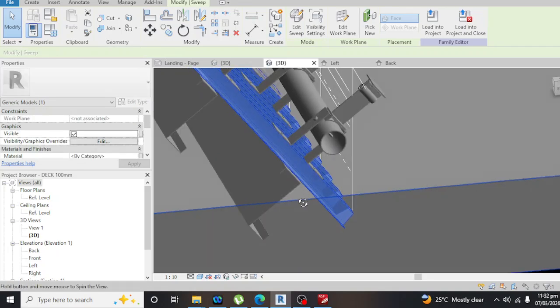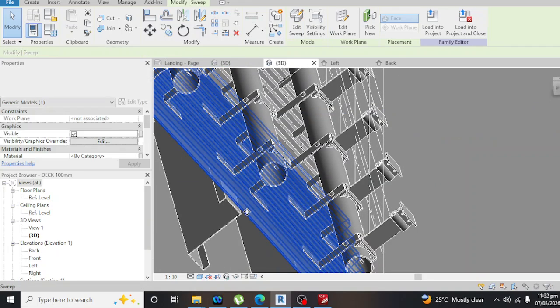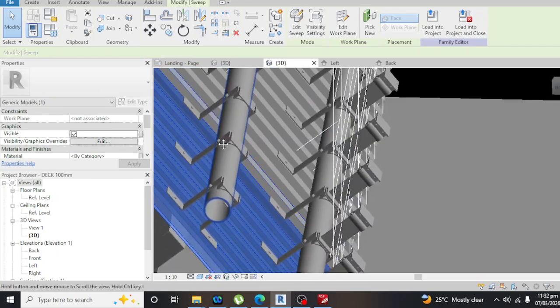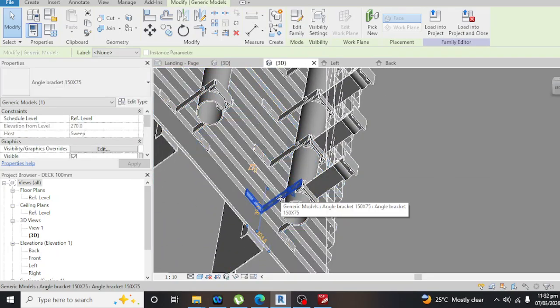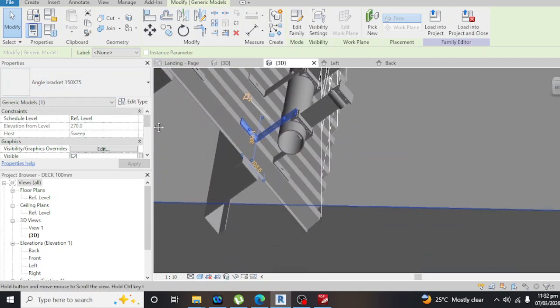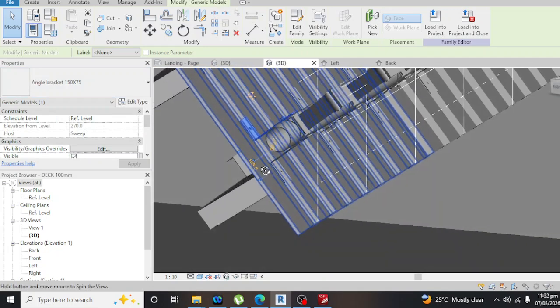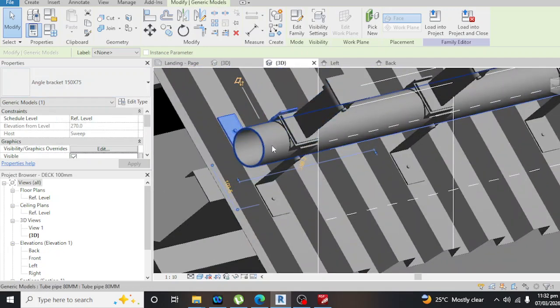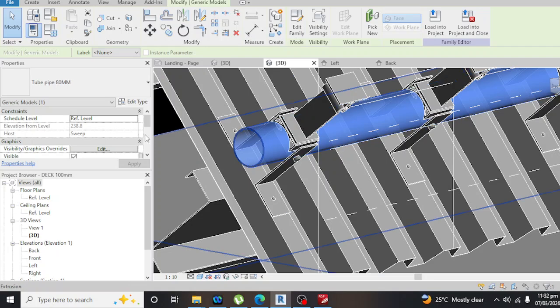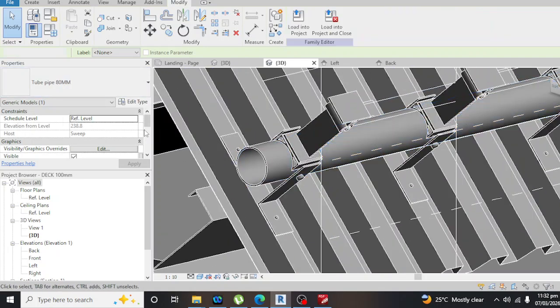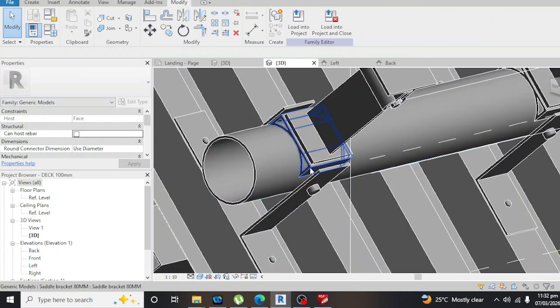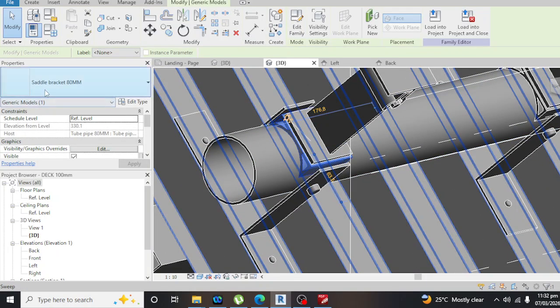On the top of the roof, we're going to put the angle bracket, and on that angle bracket, we're going to attach the tube pipe of 80 mm. On the top of the 80 mm, we're going to have a saddle bracket, 80 mm saddle bracket.